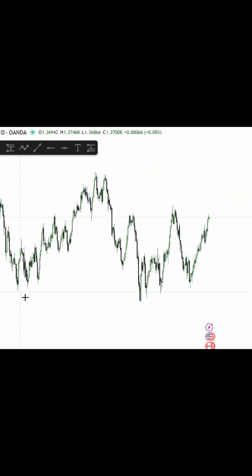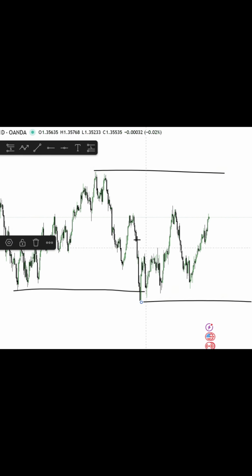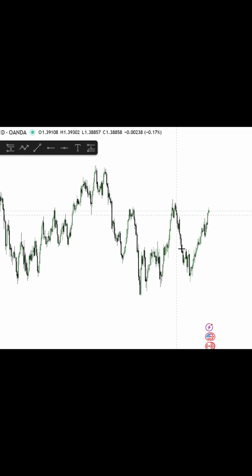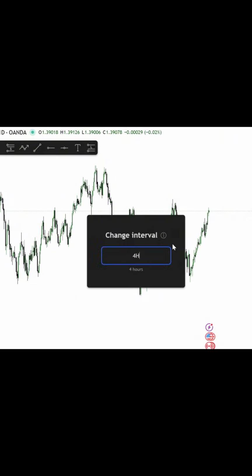On USD CAD, we can see we've had our break of structure in towards the downside. This is our current swing range. We've liquidated this high over here, which did cause a strong sell-off in towards the downside. However, if we look at the 4 hour time frame,